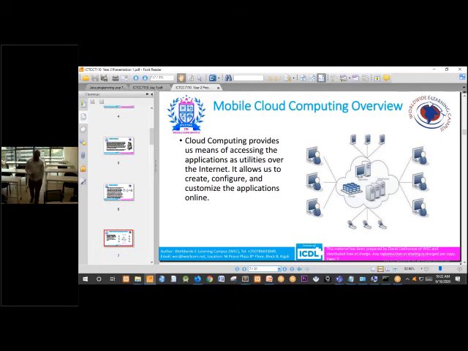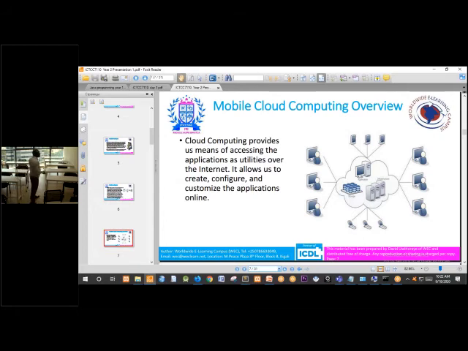It allows us to create, configure, and customize the application online. It is not necessary to install all the platforms required to develop your application. You can develop your application online, platform as a service.